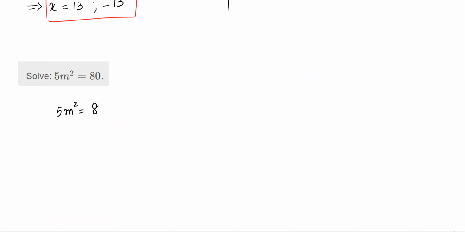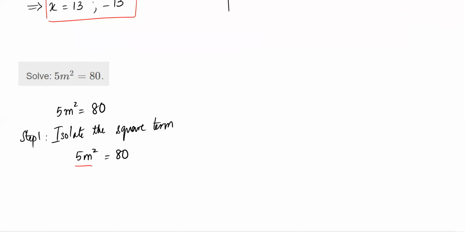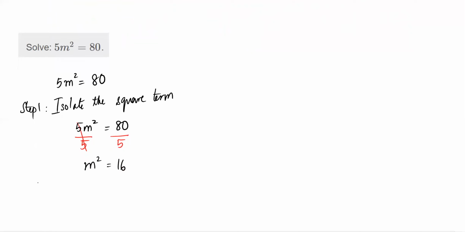5m squared equals 80. So go to step 1. Step 1 is to isolate the square term. To get the square term by itself, we have one more step to do, which is to divide both sides by 5 so that we get the m squared by itself. You don't want any other number there. So go ahead and divide these two. Now you're still in step 1, right? So you are trying to get m squared by itself, and then we go to step 2,